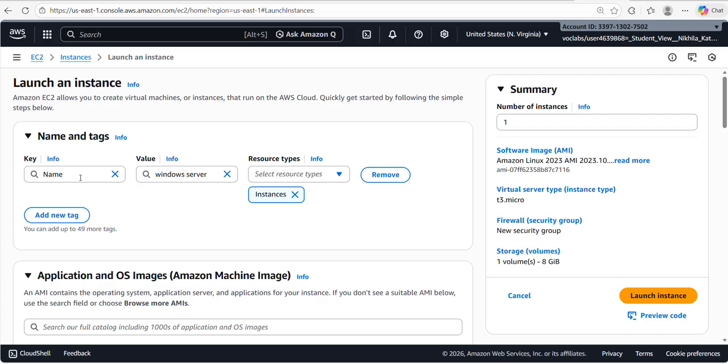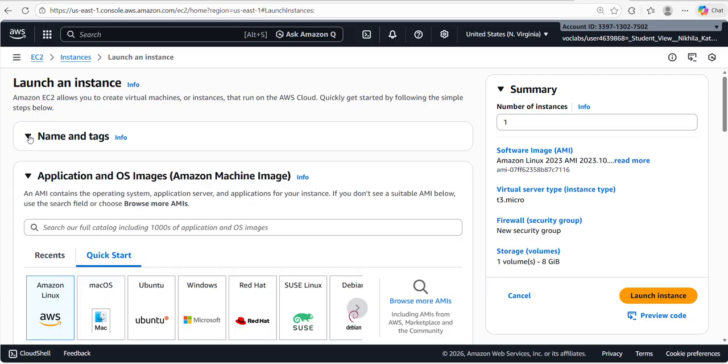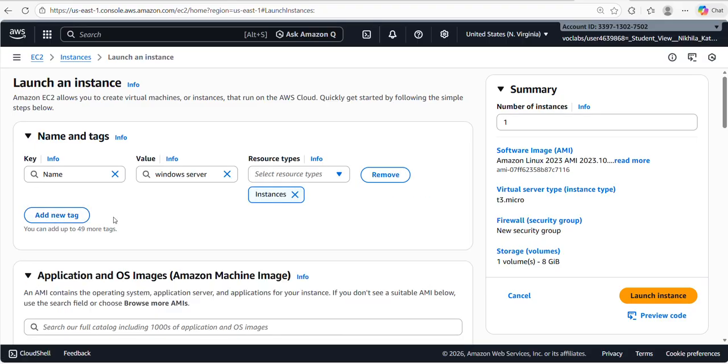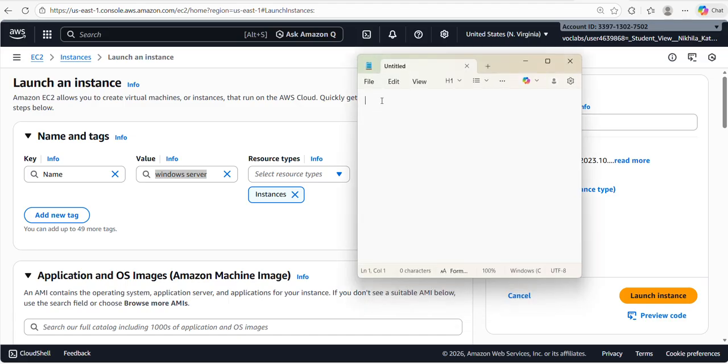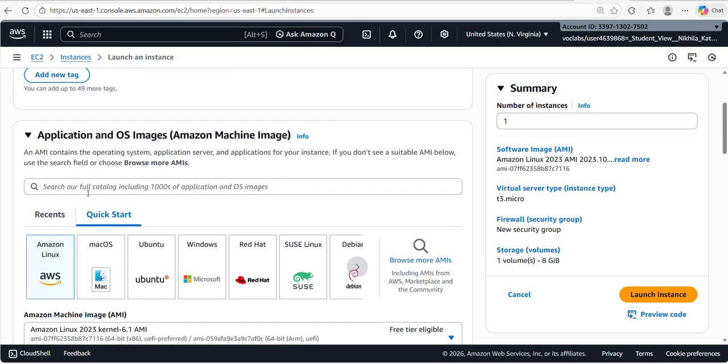Right now I have given the name as Windows Server, and this Windows Server name I am going to paste in Notepad for further reference. And now we need to select the application and OS images. As I am working on Windows, I need to click on Windows as the Amazon machine image,